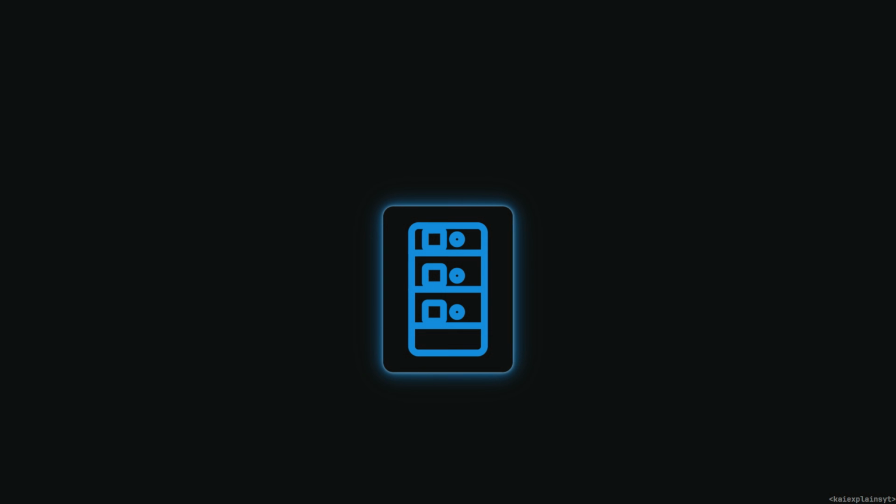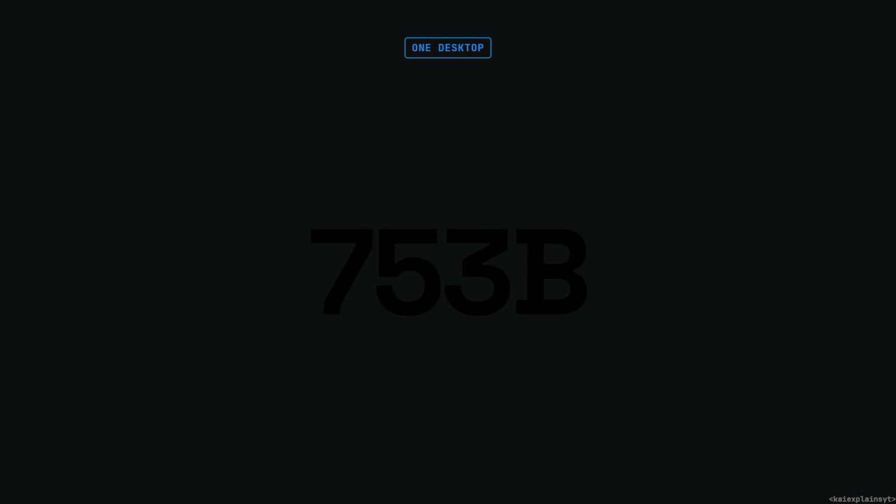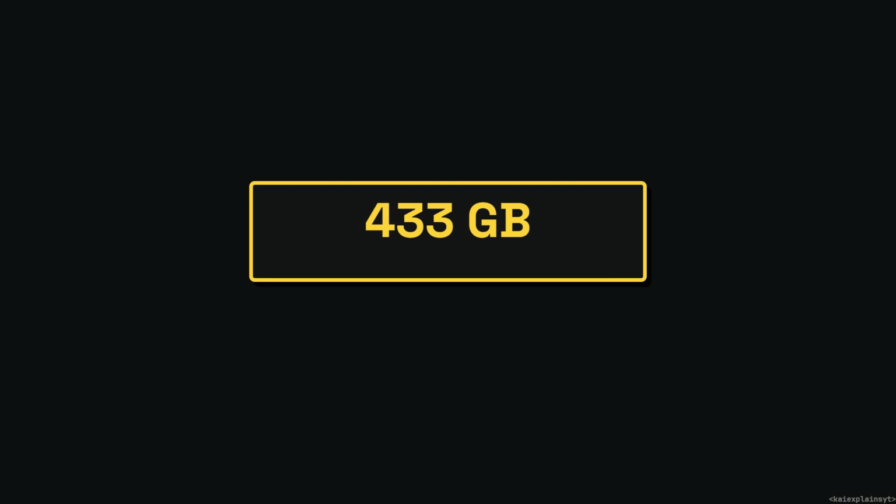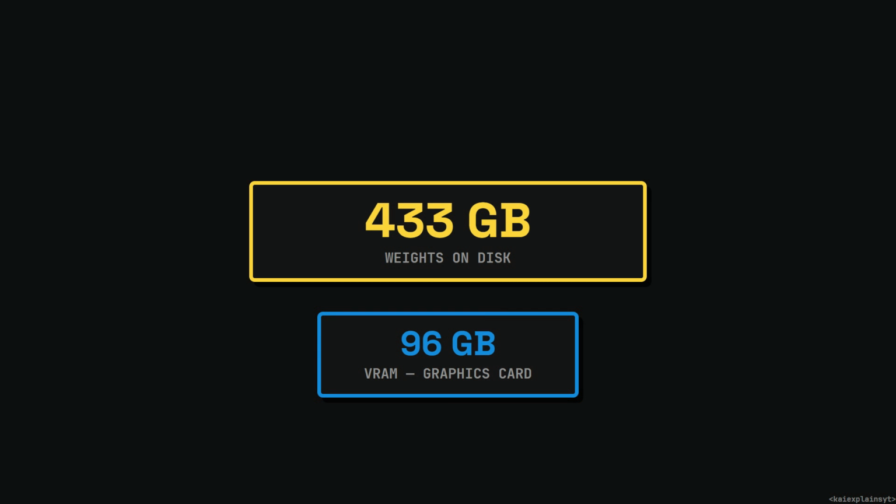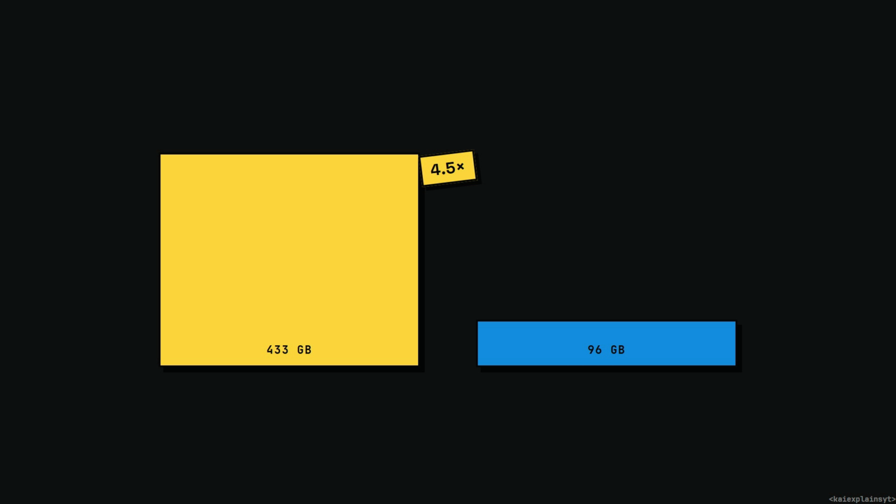There is a model running on a single desktop right now, 753 billion parameters, 433 gigabytes of weights on disk, served by a graphics card that holds 96 gigabytes. The model is 4.5 times larger than the card it runs on before a single token comes out, and it still produces about 15 tokens a second on that one machine, with no cluster behind it and no rented node